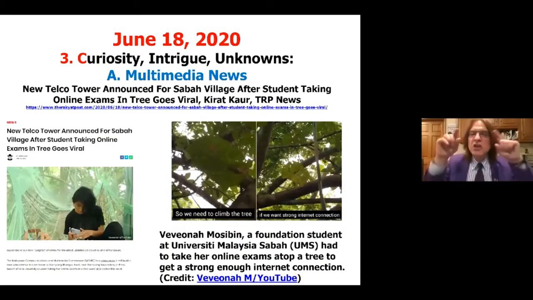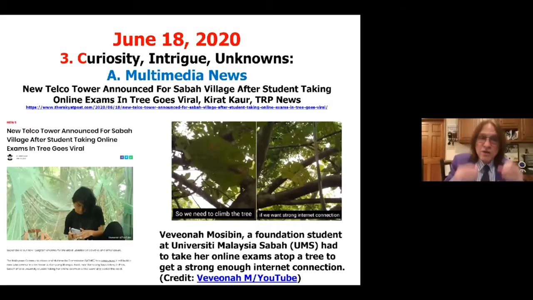Number 3 is curiosity. You want your students to be curious about something. So if I'm talking about internet access, I might have students read the news about internet access and read about this young girl in Malaysia, in Sabah, who lacked internet access and walked into a tree. Only way she could get internet was to live in a tree where they had adequate internet access. And lo and behold, she created a video that went viral. She was studying for her college entrance exams from a tree.